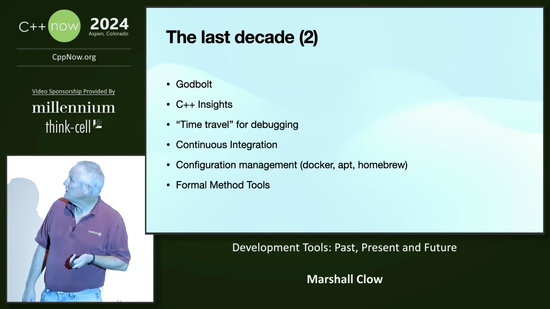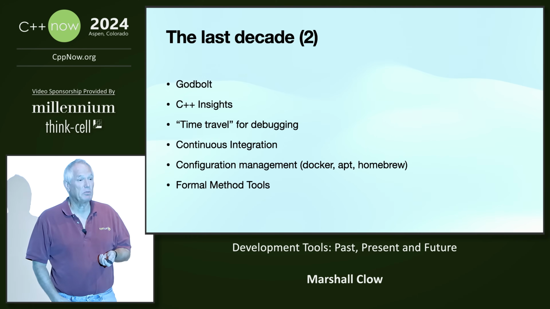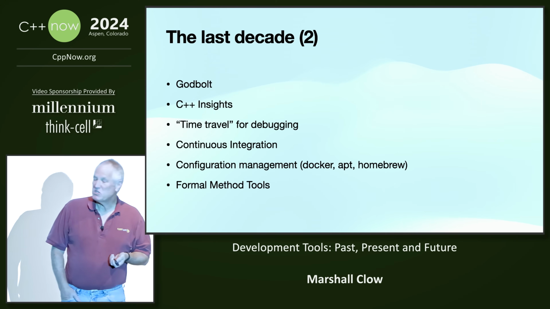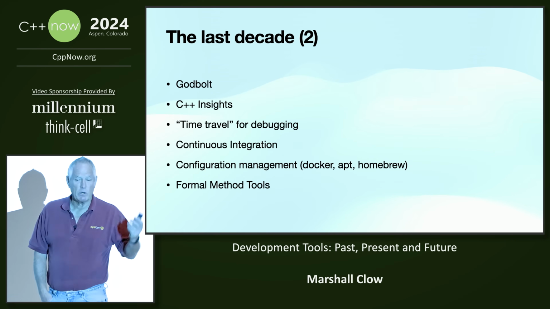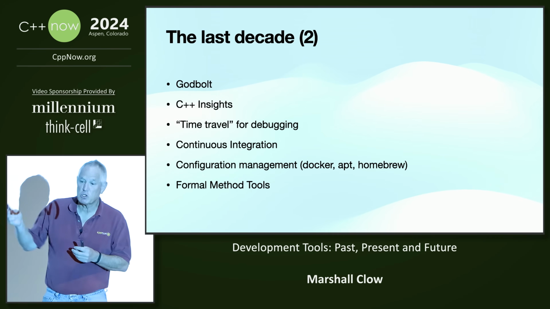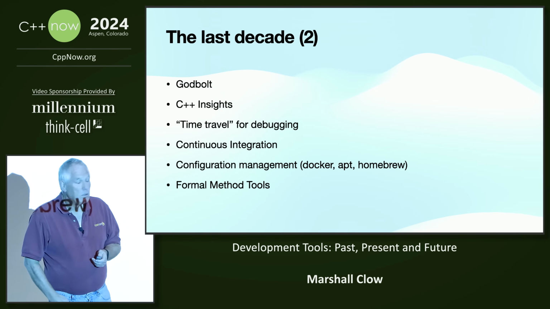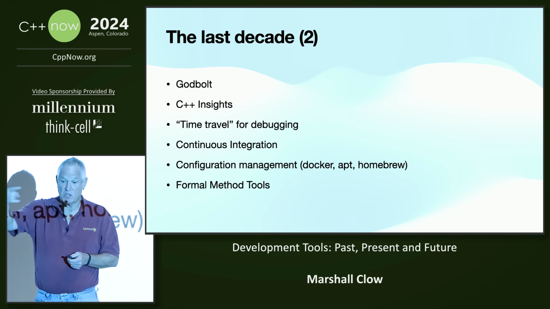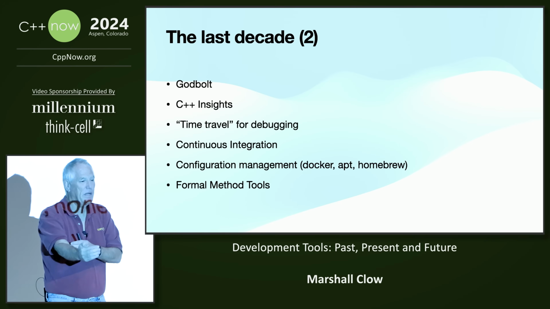Implementations. Basically, how many people have never heard of or never used C++ Insights? More, okay. Basically, you can paste some C++ in there, and it'll show you what the compiler sees. It looks through auto and replaces all your autos with the actual types, it replaces all your lambdas with the structs that the compiler generates, and it gives you equivalent code, but this is what the compiler sees.